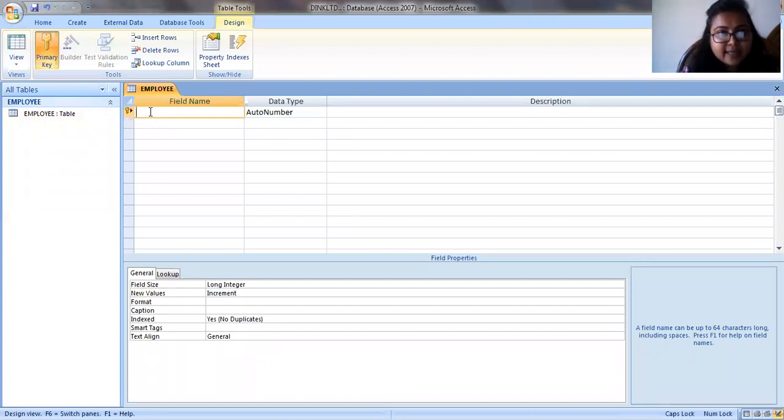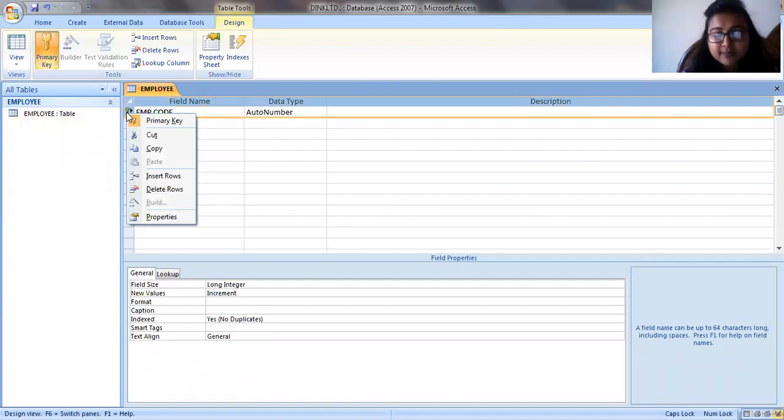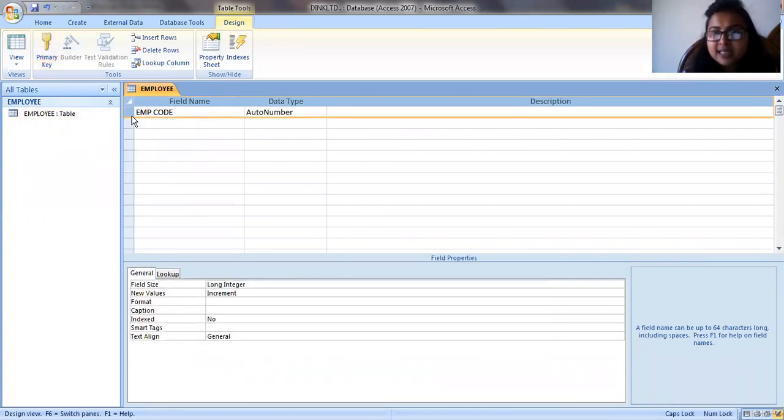We'll write employee code. Employee code has to be set as the primary key. Can you see that just before employee code, there is a key drawn? Right click on that key and you can see primary key. Click on primary key and that key vanishes.